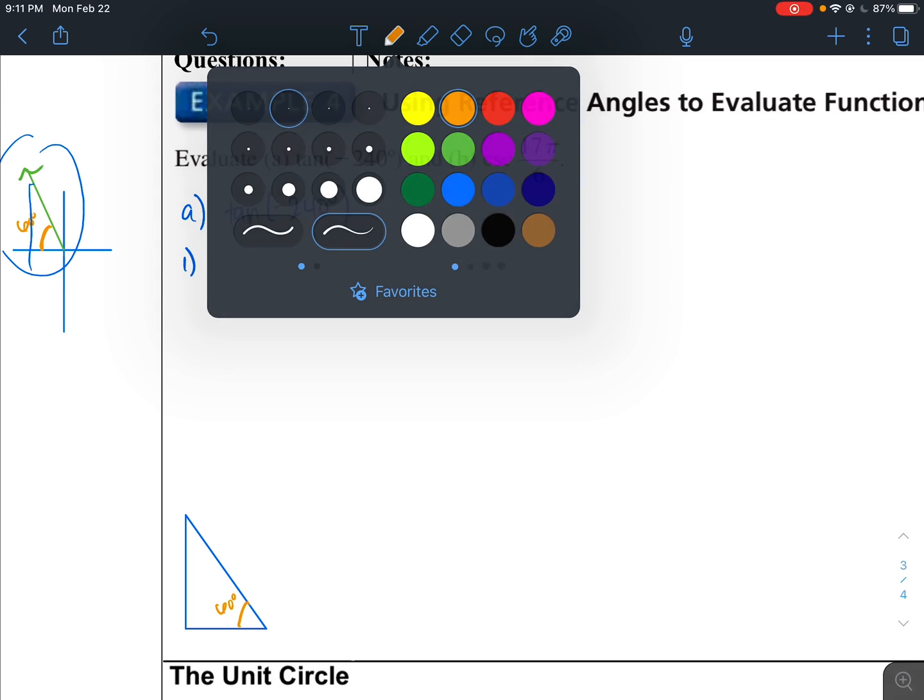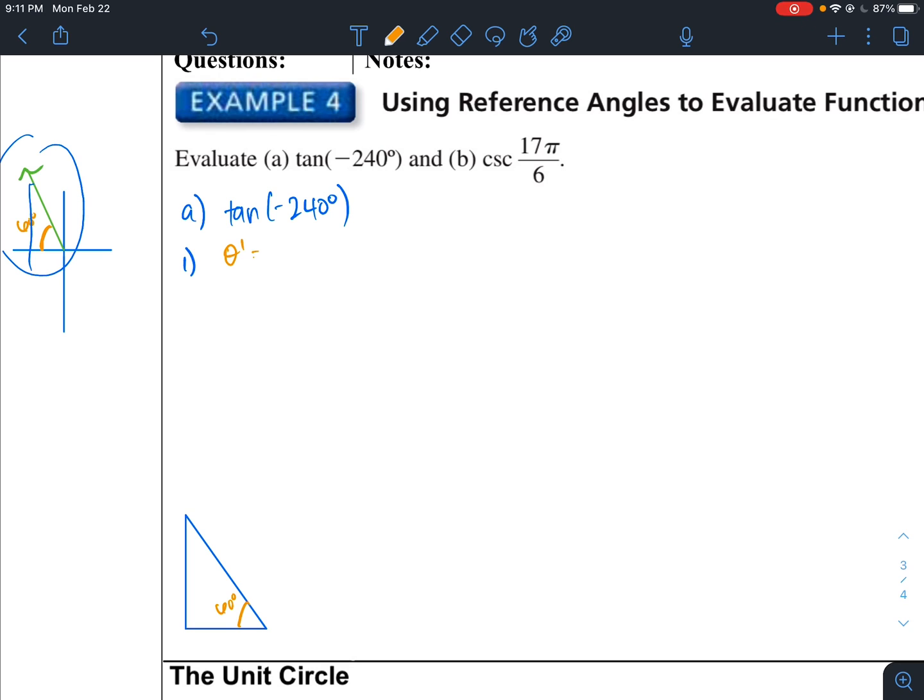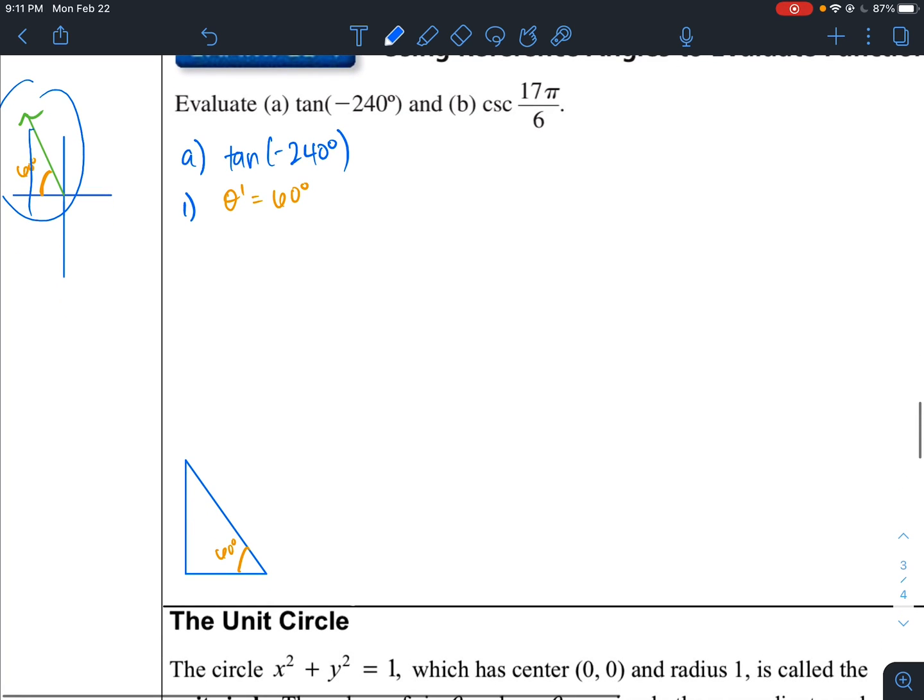So I'm going to write that in. So my reference angle is equal to 60 degrees, which is a special triangle, right? It's a special triangle. Now I want to evaluate for tangent of 60 degrees. So not negative 240, but I'm going to solve for tangent of 60 degrees. Okay, now for a 60-degree triangle, we need to understand that,